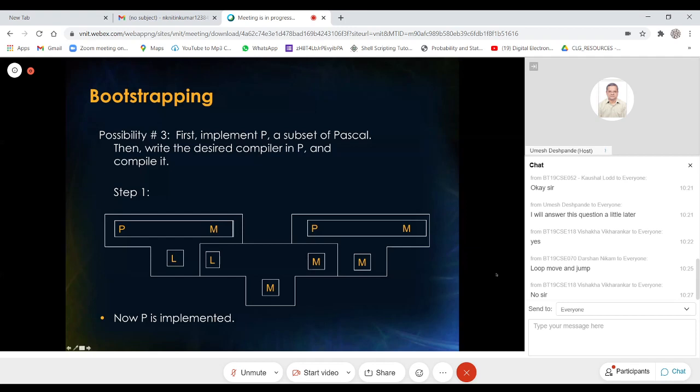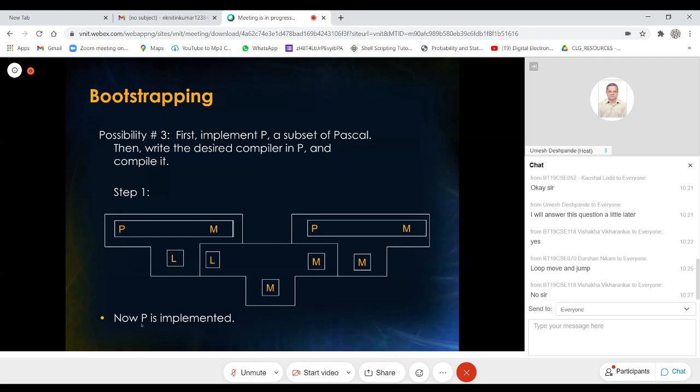So with this chain, this pipeline, as we can call it, what we have supported now is this programming language P, not the entire programming language Pascal, but the small subset that we have chosen. Which might be just a few features like assignment and if statement and while statement. Now, what we can do? Well, let's now expand this set. So now we have support of P here.